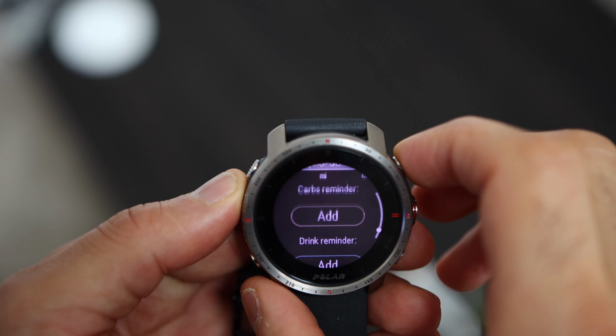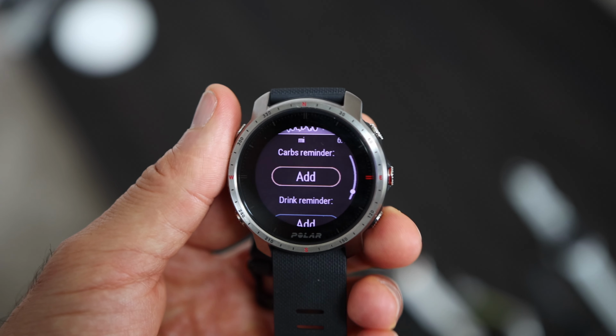Another important feature you will find with fitness watches is nutrition and drink reminders that you can set up, so you are reminded to eat and drink at certain intervals, which is useful particularly for long course racing or even